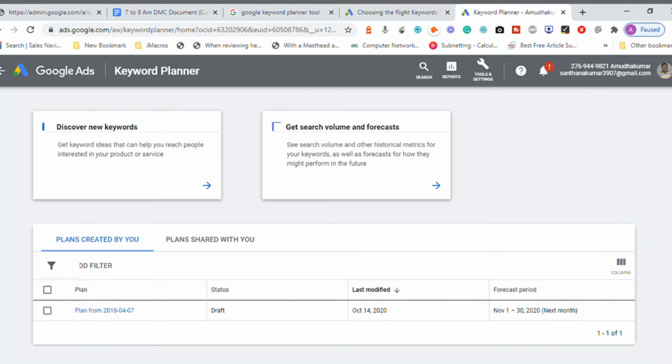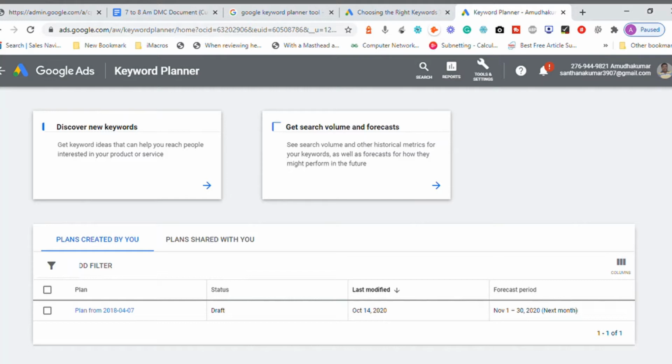If you look into this, Google is giving us two major options. One is discover new keywords, which means I will input some keyword, and from that keyword, Google will suggest other keywords related to that one. How is it going to be useful for me? Number one, it gives ideas about keywords.